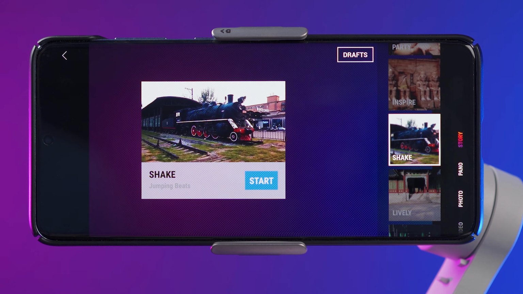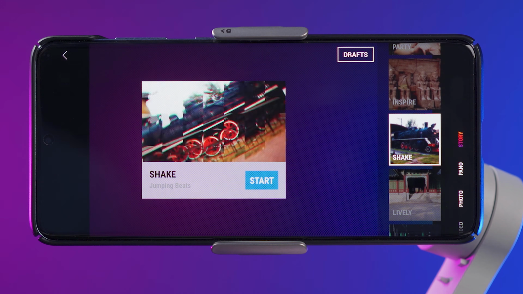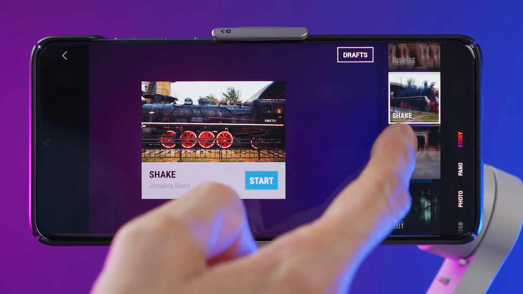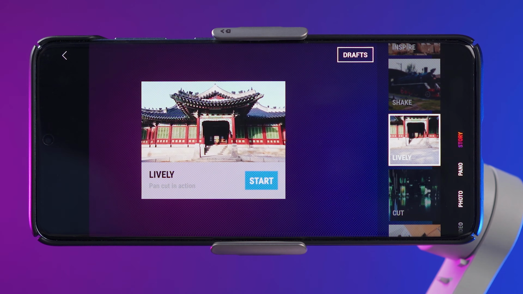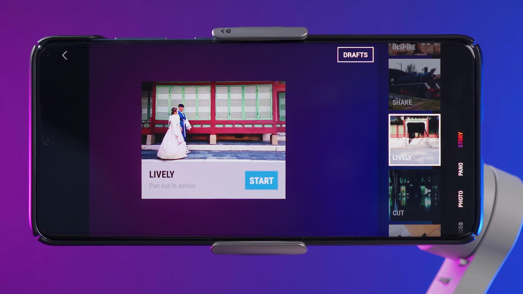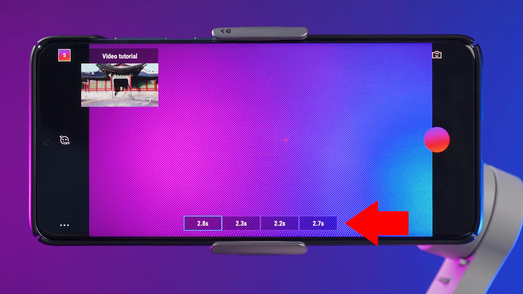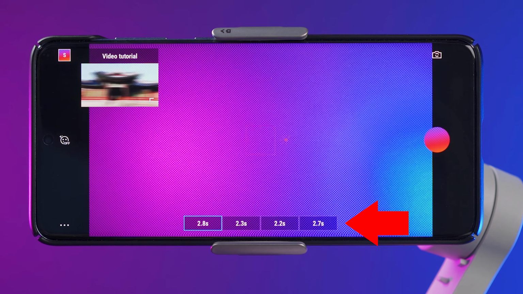Story mode is a set of presets or templates that will help you make a short clip. It will add transitions, music, and even some filters for you. Once you're there, you can see the preview of how each of the templates will look. You press start and at the bottom you will see how many clips it needs and the duration of each clip. At the end, it will put together all those clips and make a single video for you.